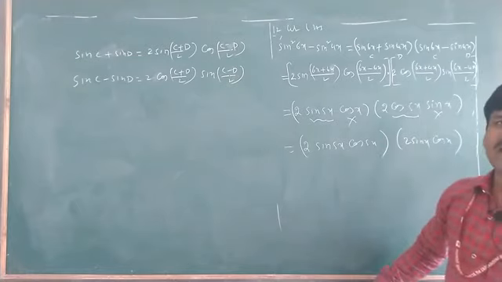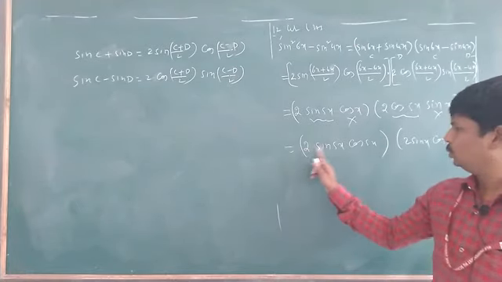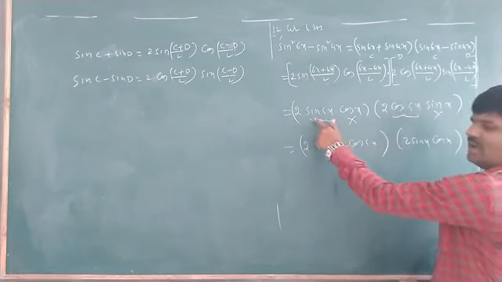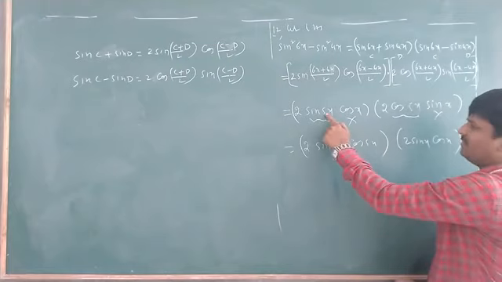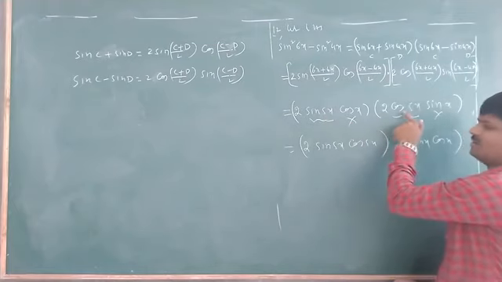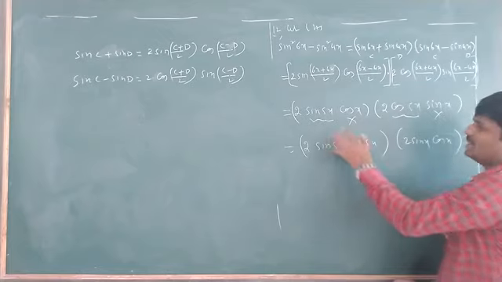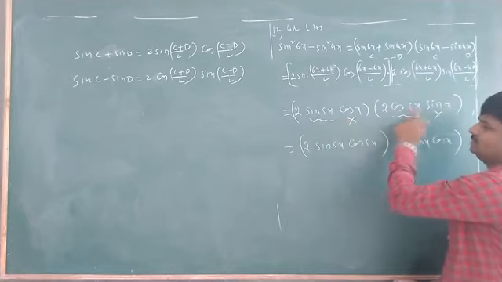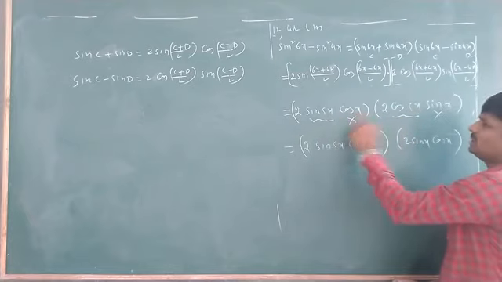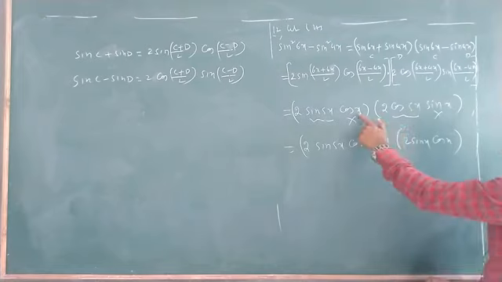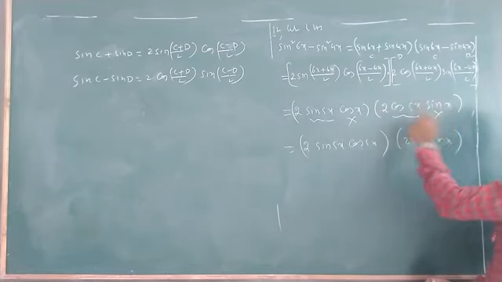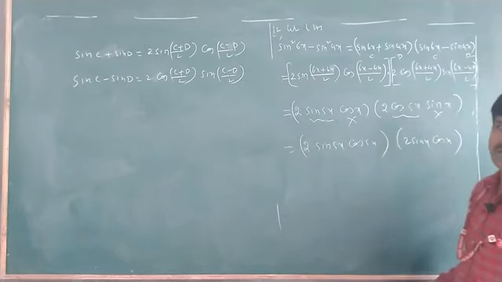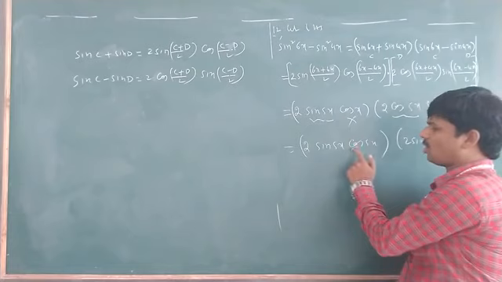Why did we write like this? Because it will convert into one formula, 2 sin a cos a. Here a means 5x, same angles, so I wrote those terms in one place. Here 5x is there, so sin 5x cos 5x I kept in one place. Next cos x and sin x, here the angle is only x. These two angles are the same, so I kept these two terms in one place. This 2 is here and this 2 is here. After writing this way, it will change into the 2 sin a cos a formula.